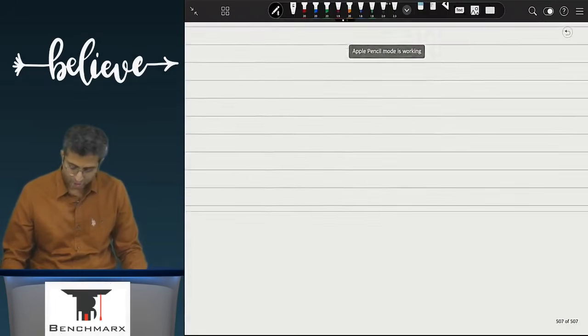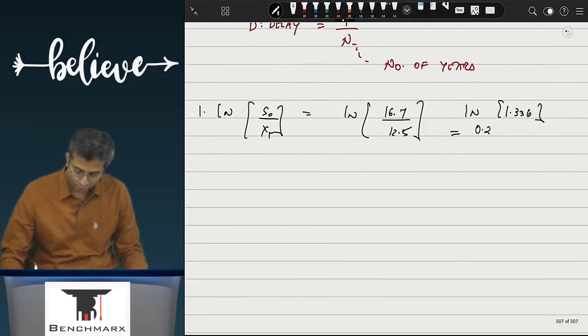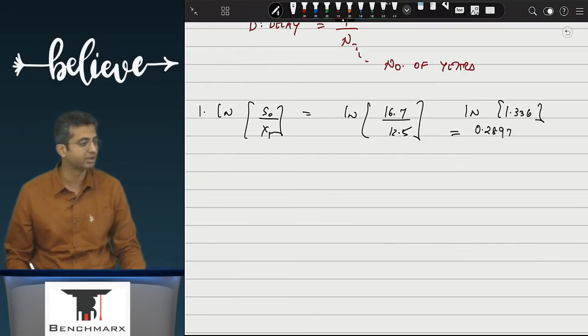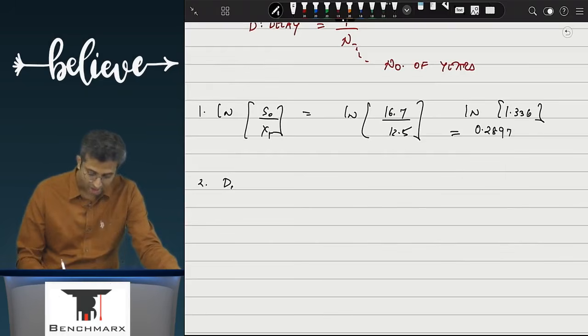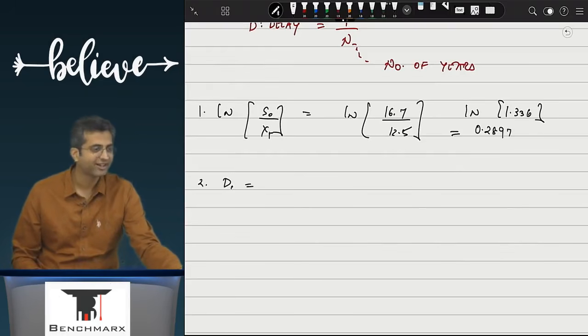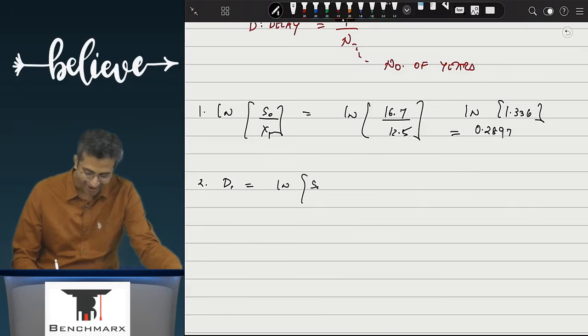0.2897. This is the natural log value. Next you calculate D1. You remember the formula? So over here, natural log of S0 by X plus